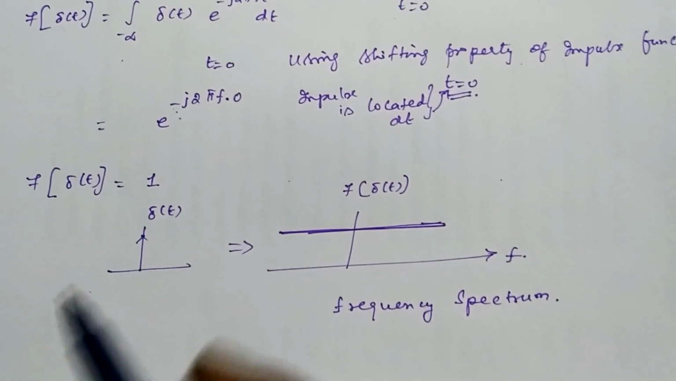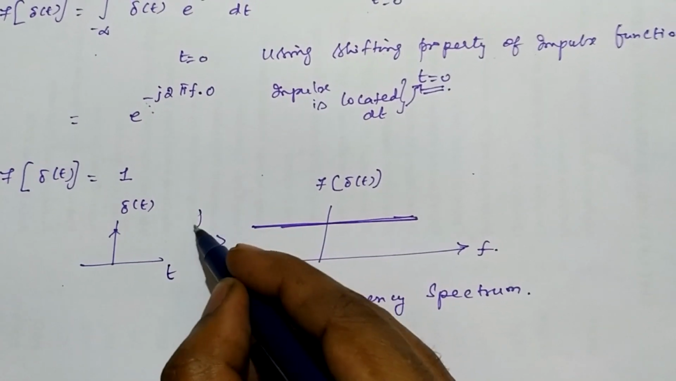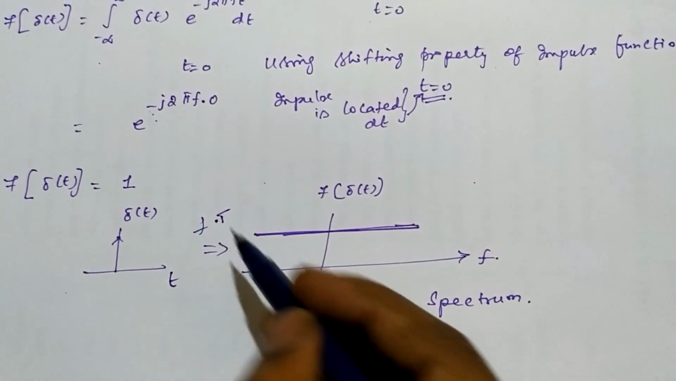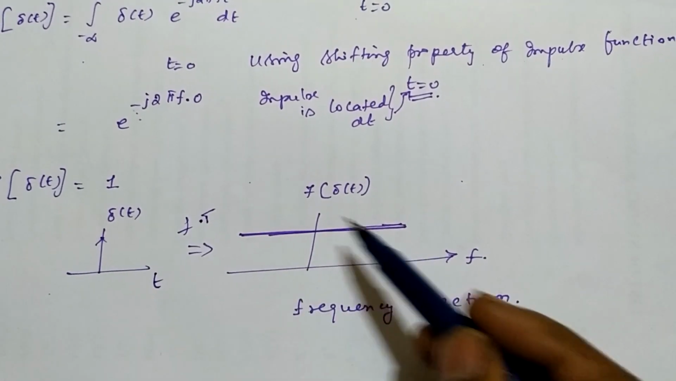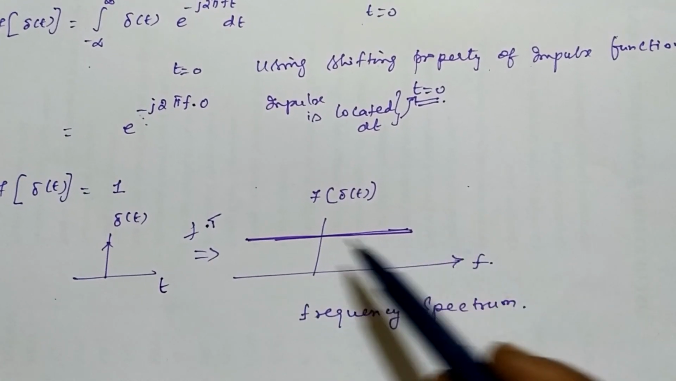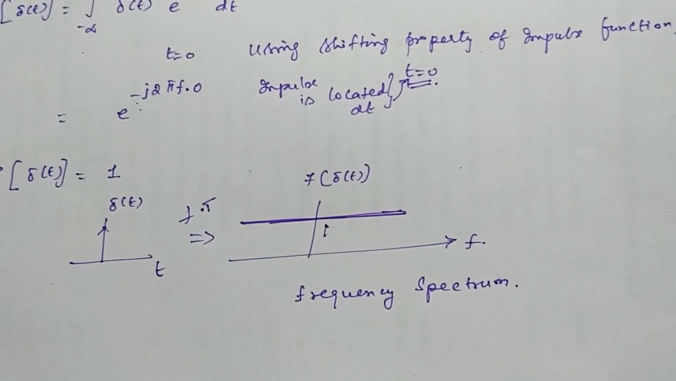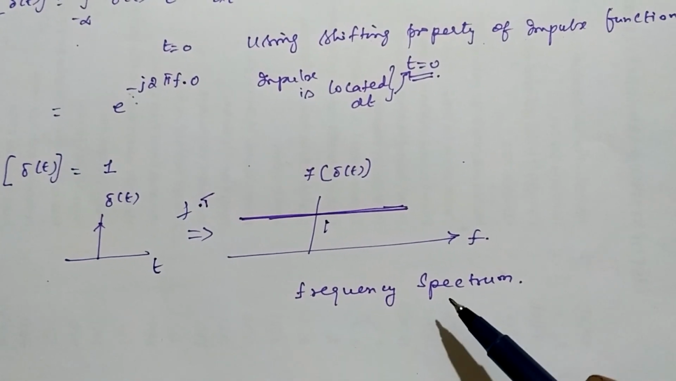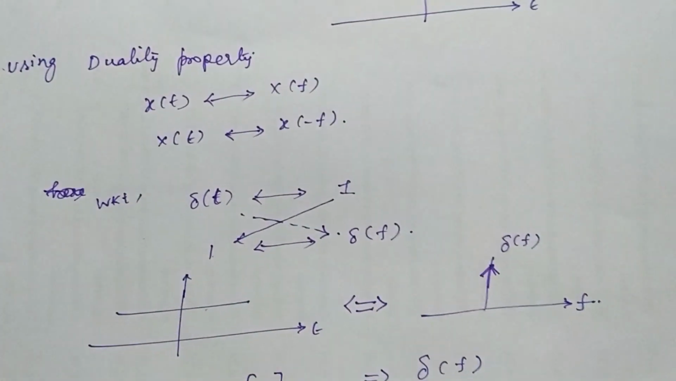So this is the impulse function in the time domain, whose Fourier transform is a constant. Its value is 1. Throughout the entire frequency range, it has a constant value of 1. This is the frequency spectrum of the impulse function. Now, using this concept,